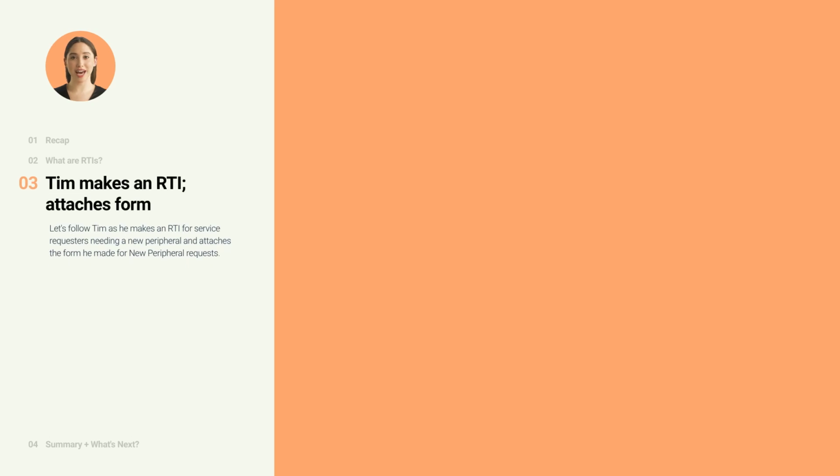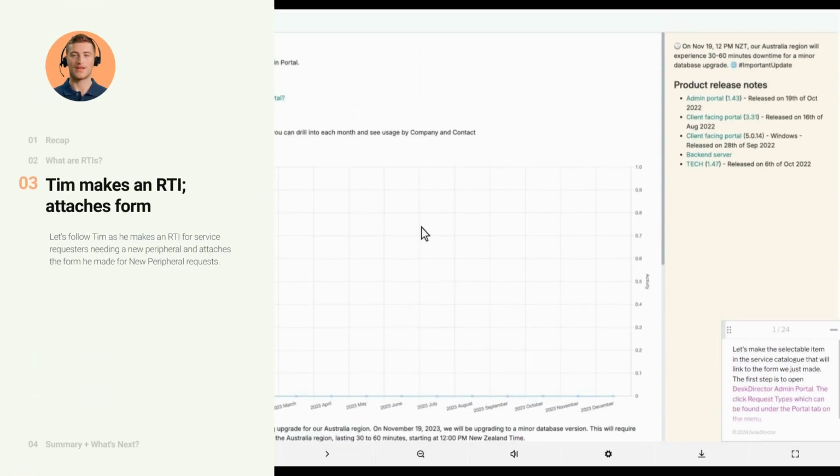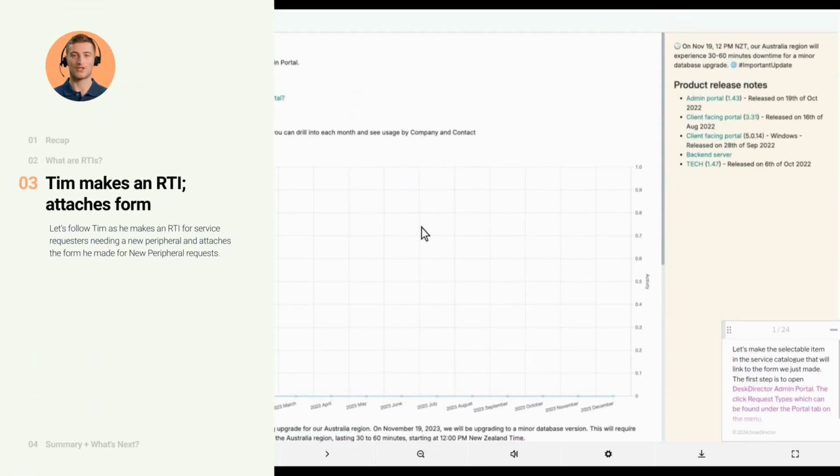Let's follow Tim as he makes an RTI for service requesters needing a new peripheral and attaches the form he made for new peripheral requests. Hey, it's me, Tim the admin, from Reservoir Tech. Follow me as I make an RTI for our clients that need new peripherals. I will then attach the form that we made in the last chapter, and which I called I Need a